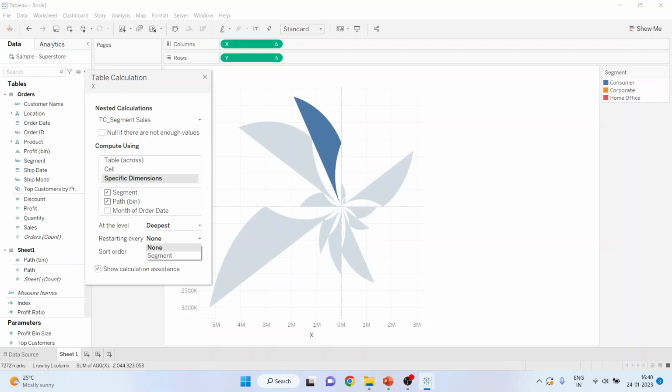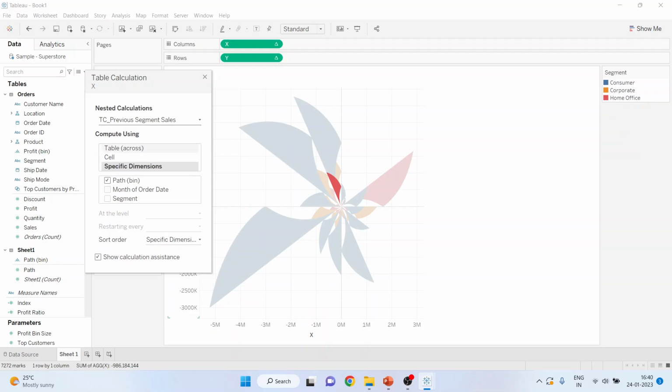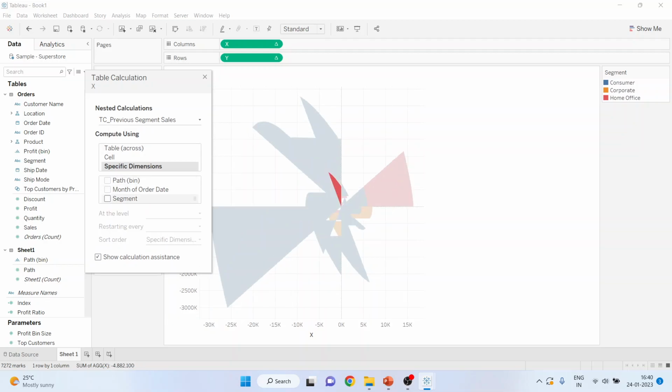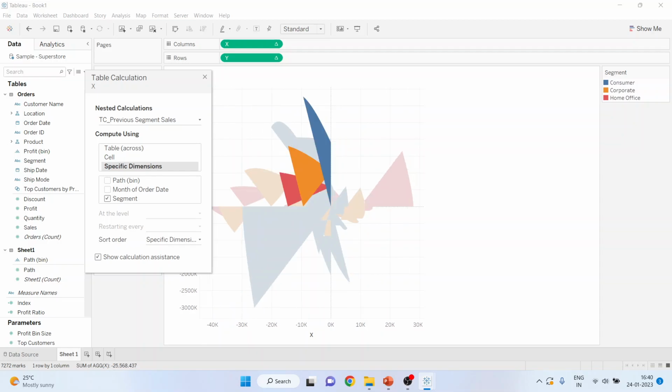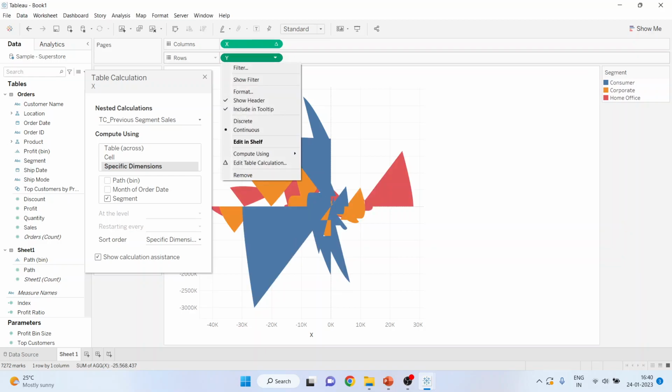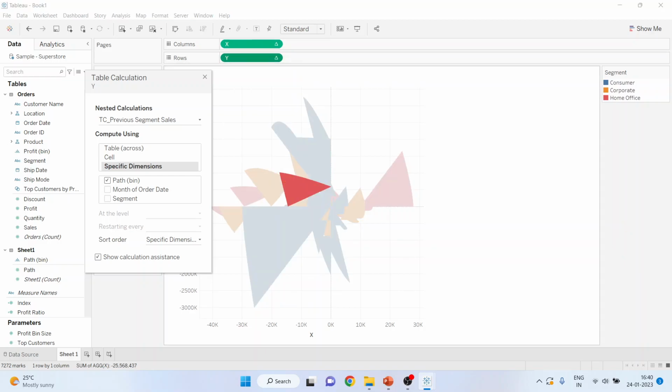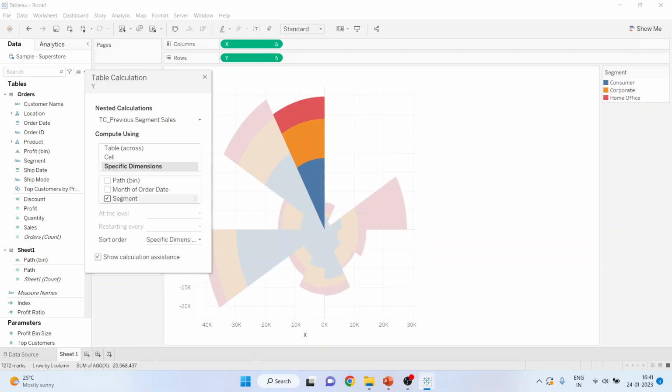And here, select the segment. Next thing which you'll have to do is select from here TC previous segment sales, and remove the tick from here and activate segment. Now again activate from Y, edit the table calculations. Now in this there are some changes which you'll have to do: again you go in TC previous segment sales